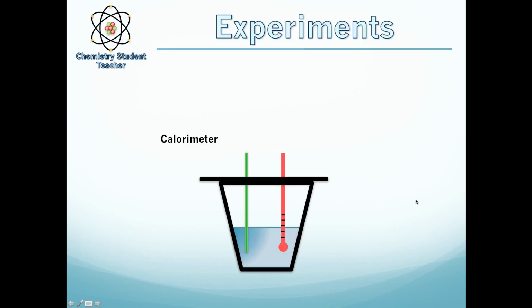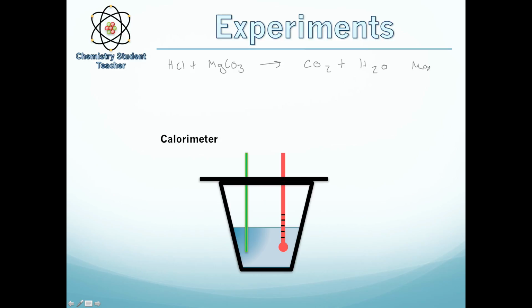Brilliant. So now, on to the experimental way of finding Q or H. If you want to find out the enthalpy change of reaction or the heat energy change, there is a way to do it experimentally, and it's using a calorimeter. So what you do, for example, if we were going to react hydrochloric acid and magnesium carbonate. If you've done this before, you'll know that CO2 is given off, there'll be some water and